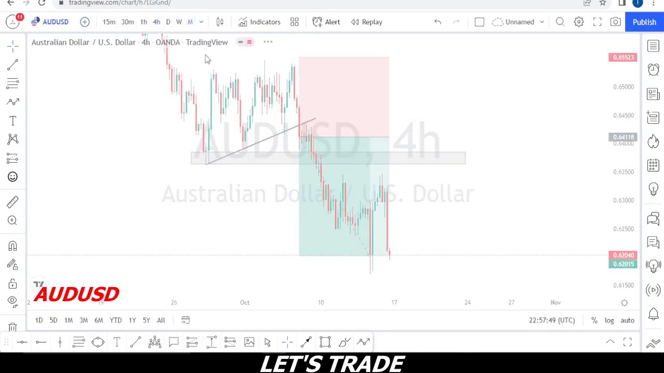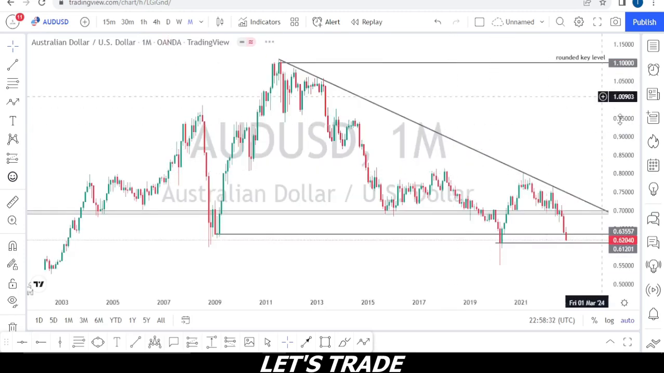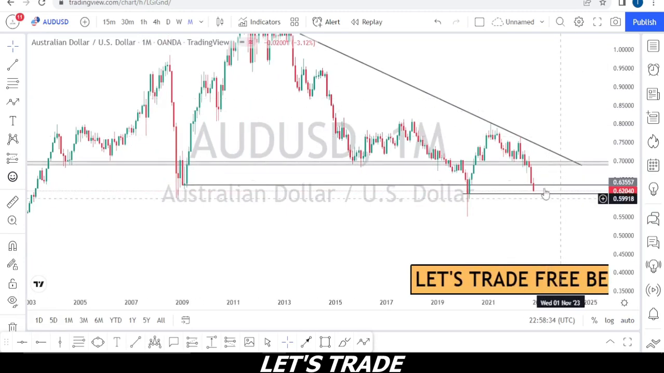AUDUSD, last week I called AUDUSD short. I called about 200, and was it 250 pips? You can go back to the video. The video was published on Sunday of last week. That's last week's Sunday. So if you go to our last week's video, price was here, which is above this particular trend